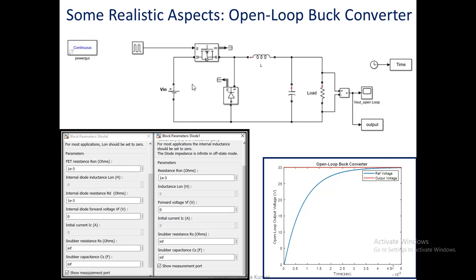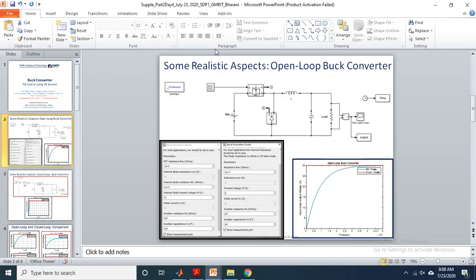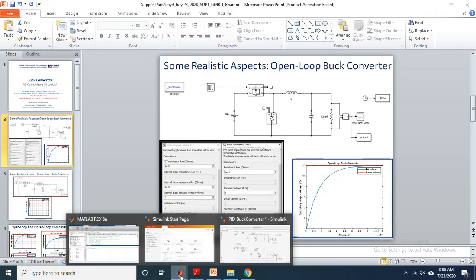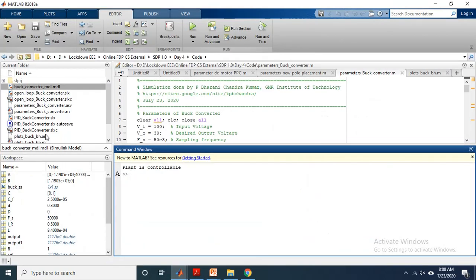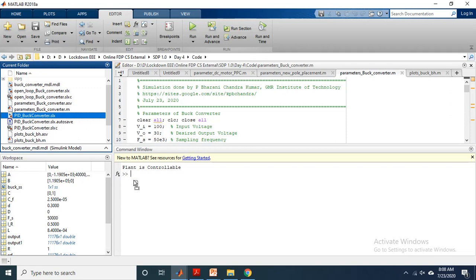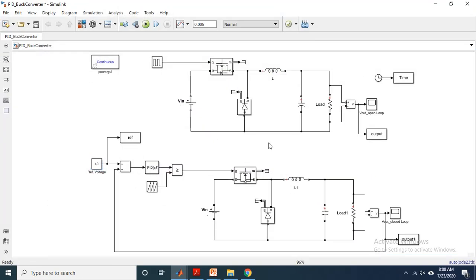So I will open this directly. This file has both the open loop as well as the closed loop. You can see that the open loop, because directly we are giving the gate pulses here. So this is quite straightforward, but if you want to see from where you will be getting all these things,